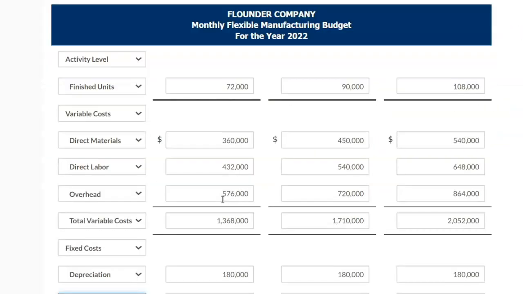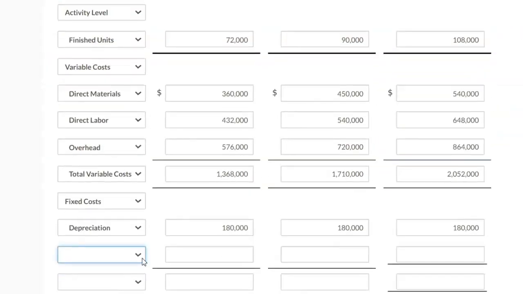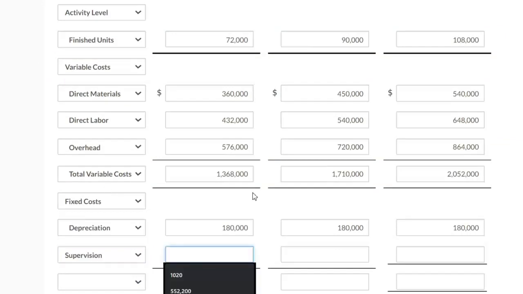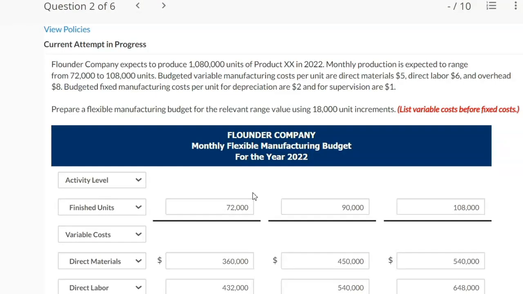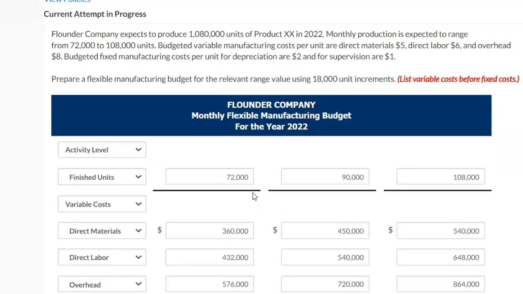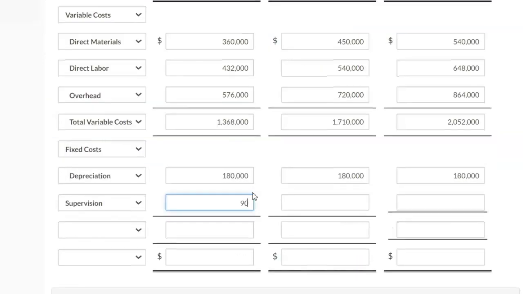They give it to you in annual and they have to say the fixed costs are based on this annual amount. But they're not going to change on a monthly basis. Doesn't matter if I do 72 that month or 82, it's going to be that amount. And then you just total them and add to the variable.